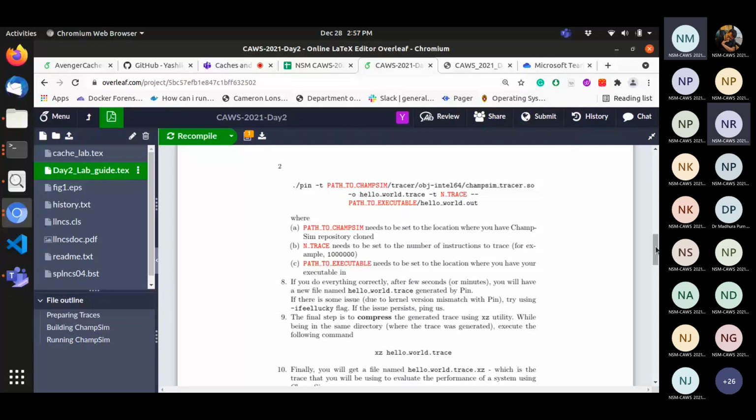Yes, myself, Maruti. When I try to execute this one, whatever you are showing, like ./pin -t, it is showing no file or directory.